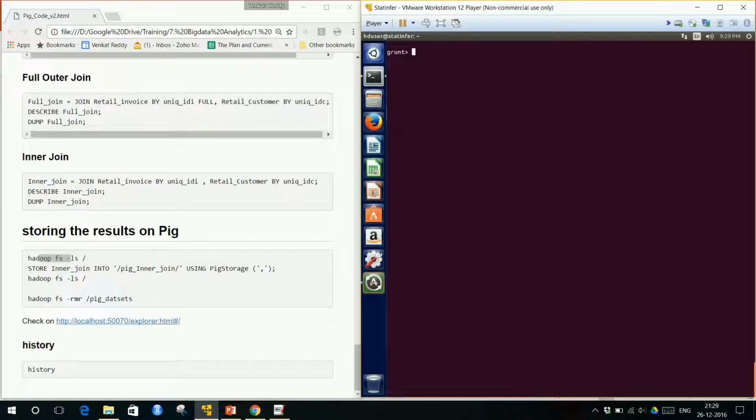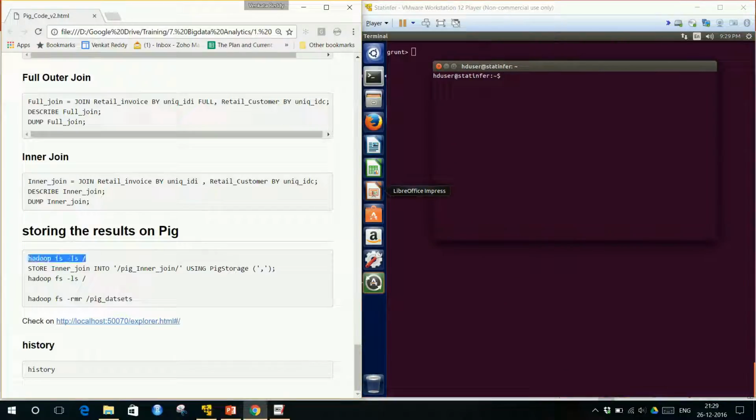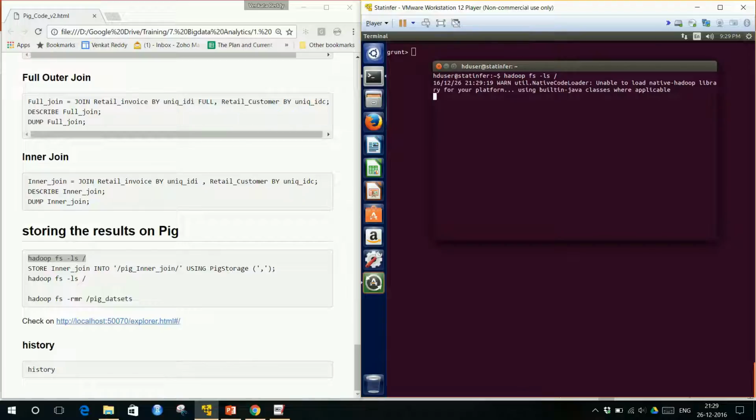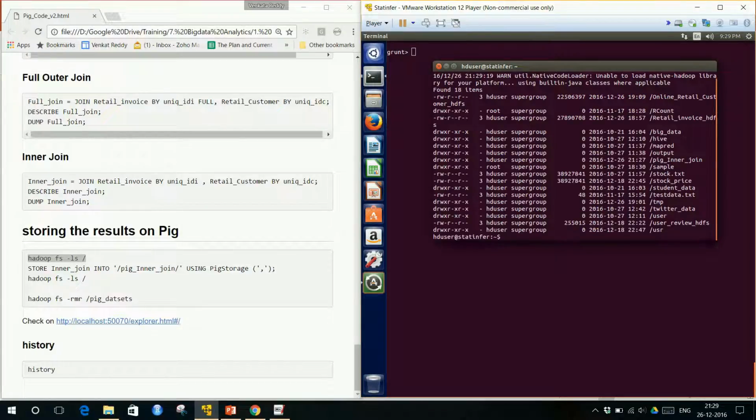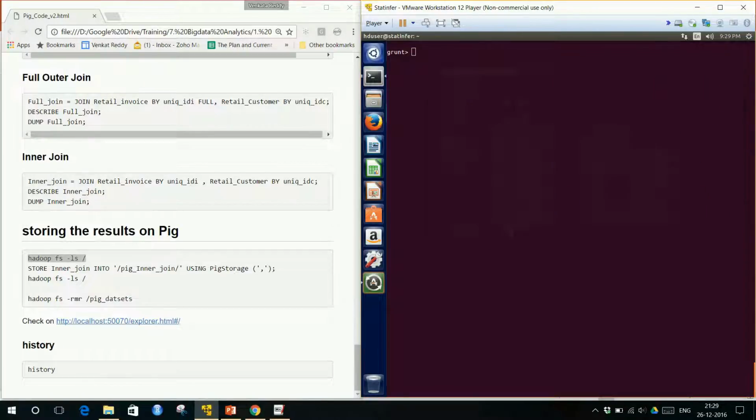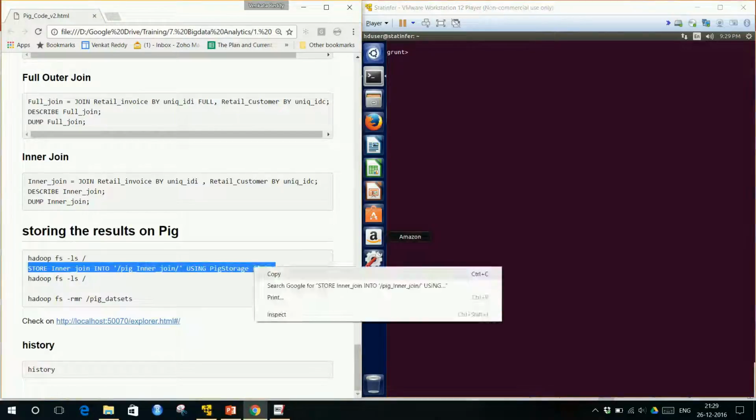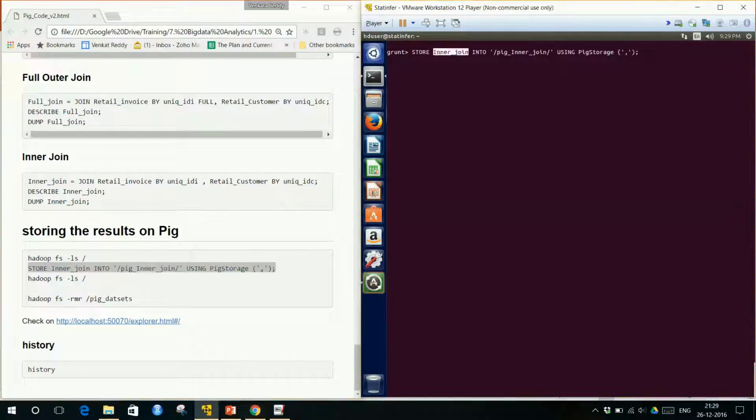First of all, let us check what are all the datasets that are available on HDFS. So these are the datasets that are available on HDFS right now. What we can do is we close this down and we will use inner join. So there is this data, inner join, that we just created. We want to take it out and put it on HDFS. This dataset name can be anything. So just now we want to store it as